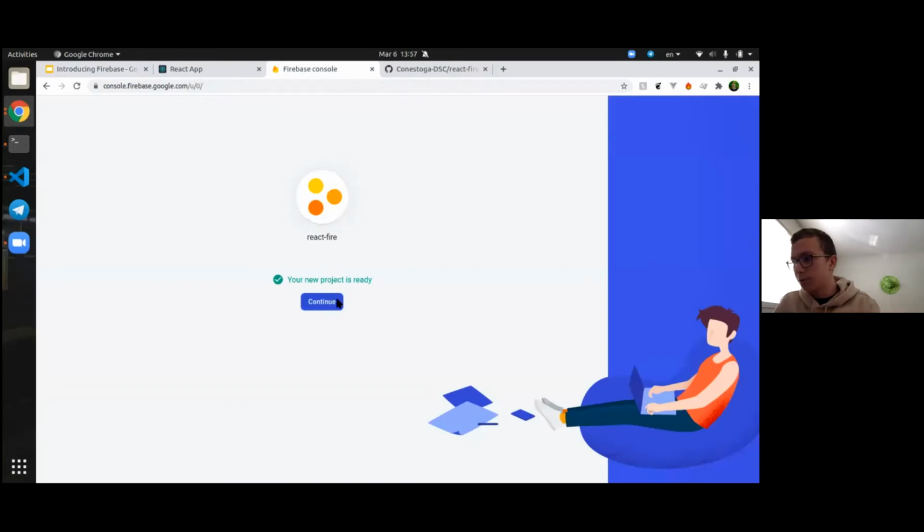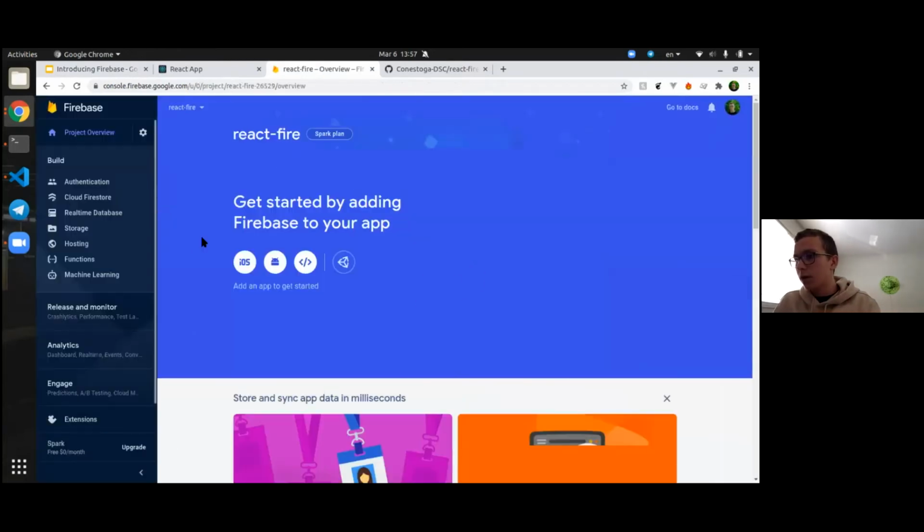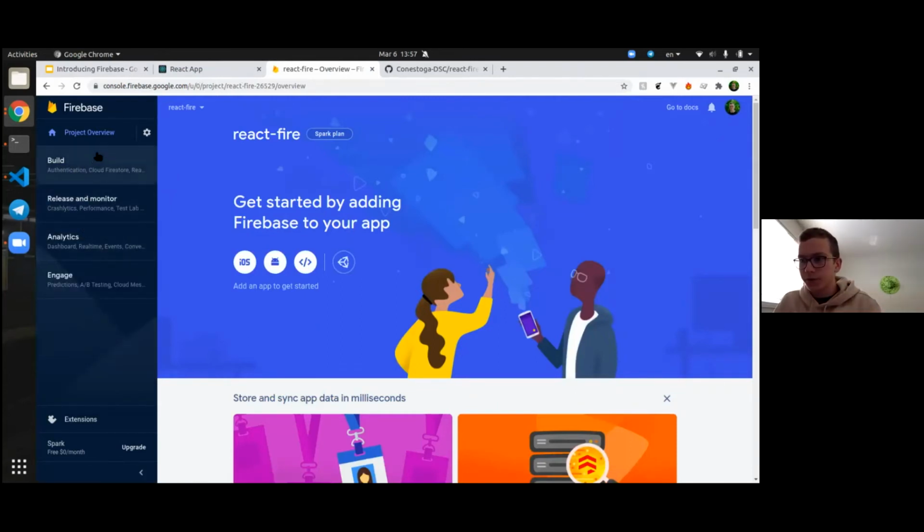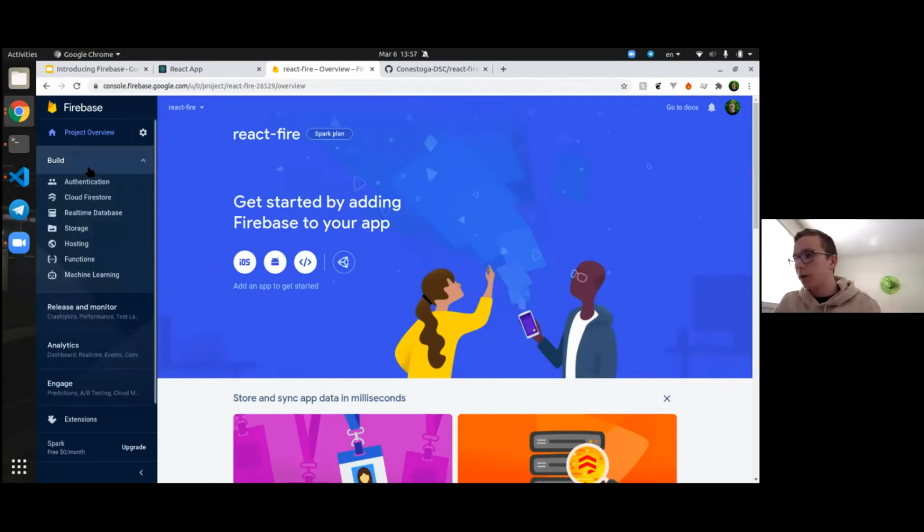So we can see that our project is created. And here's how it looks. You can see that there are these three sections: build, release and monitor, and engage. Quite similar to what I've shown you before. What we want to do first is go to our project overview and include an app in our